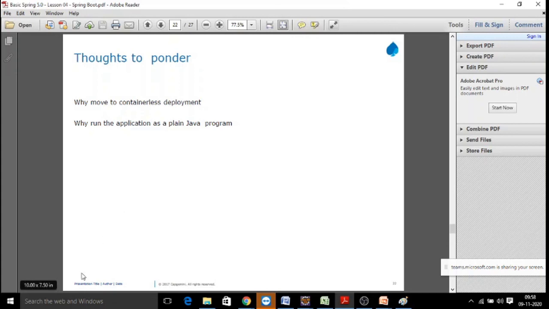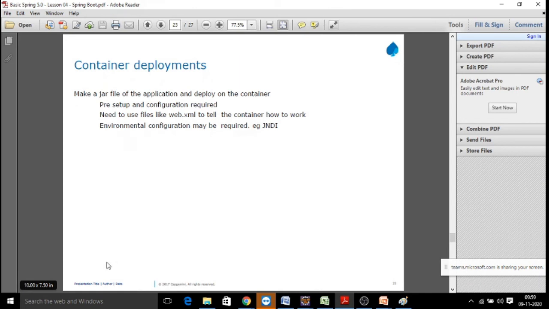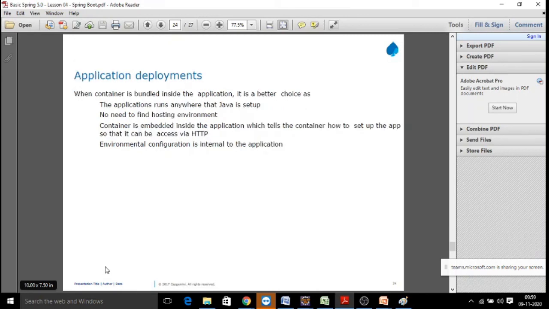It is more about container-less deployment, right? It means we are not going to use any local server to deploy. We take an embedded server which comes from Maven. That is very convenient for the developer, and you can run your application as a simple Java program. There are no additional deployment steps needed. Normally we create our file, deploy it on a server, and then run it on the server. That's an advantage. And we always use HTTP protocols to run your application in a client-server environment.